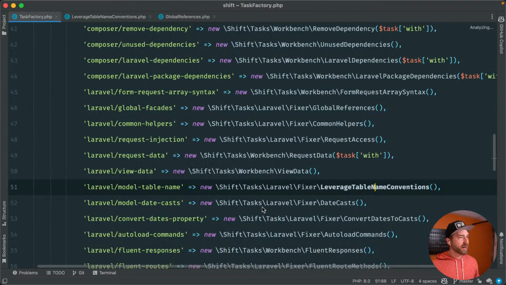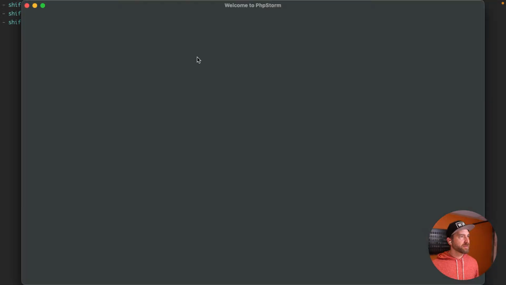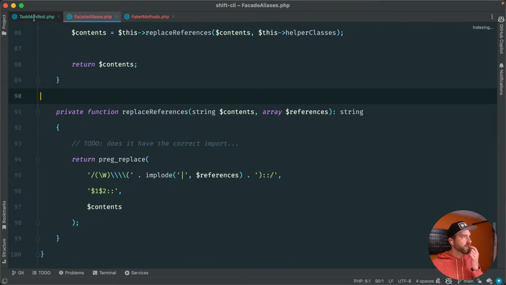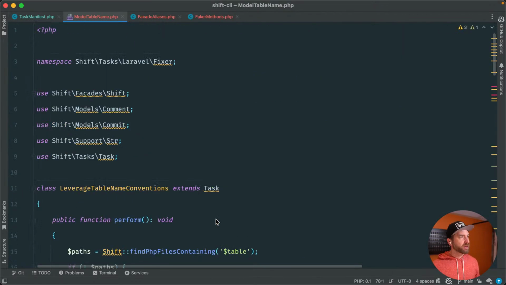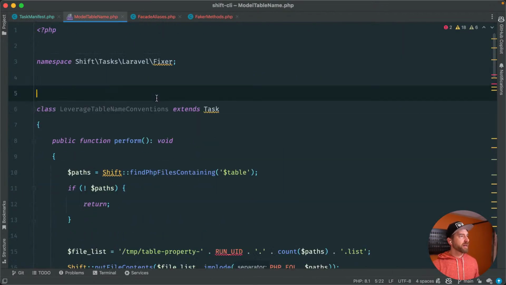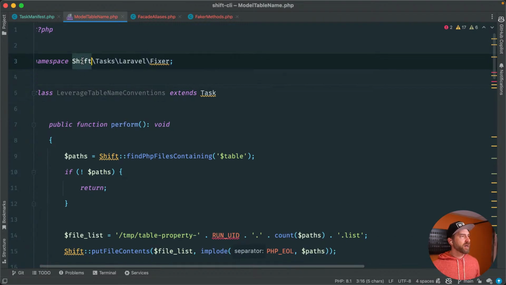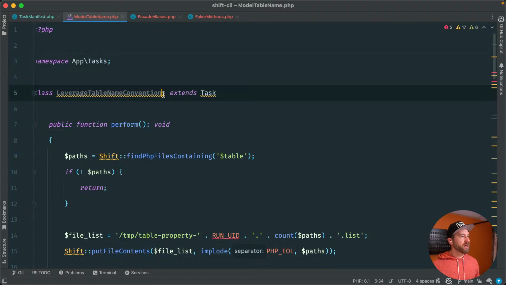So let's go to the, oops, that was the Shift code base again. Let's go to the Shift CLI, task manifest. We'll say model table name, or model table property, I don't know, model table name. Create that, drop it into place, get rid of all that stuff, change this to app tasks, and we'll say